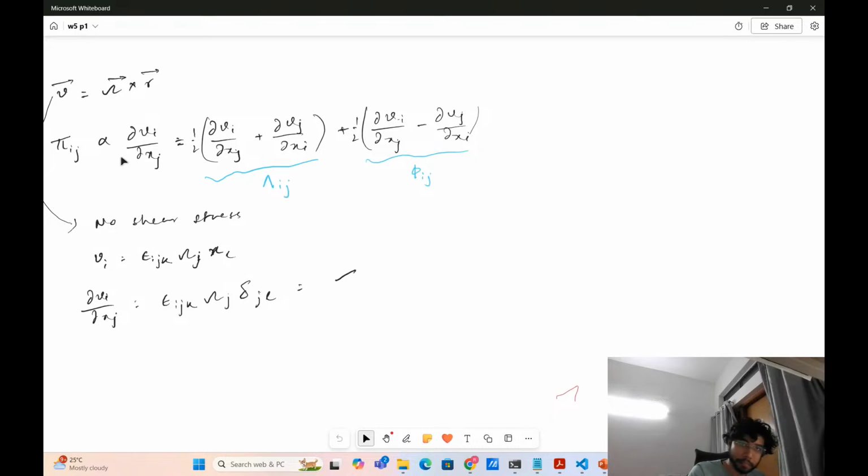Delta jl means that j is equal to l. So this will become epsilon ilk omega j. Similarly, if you calculate del Vj del xi,